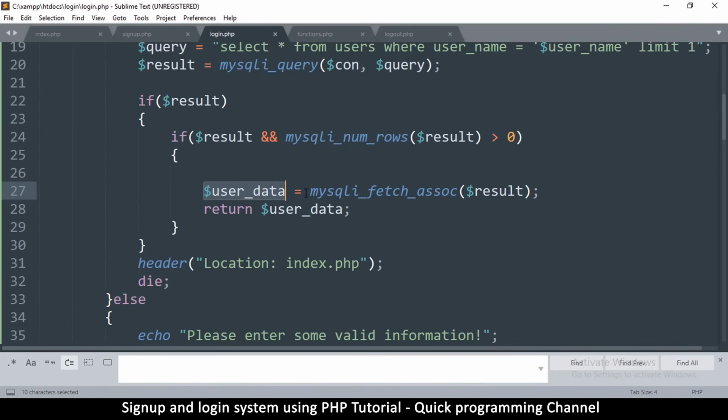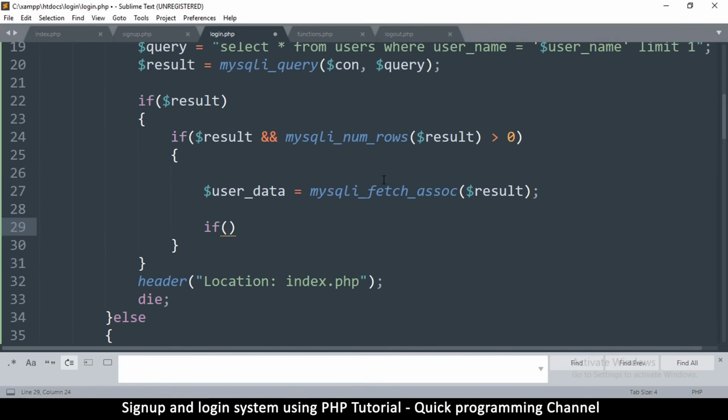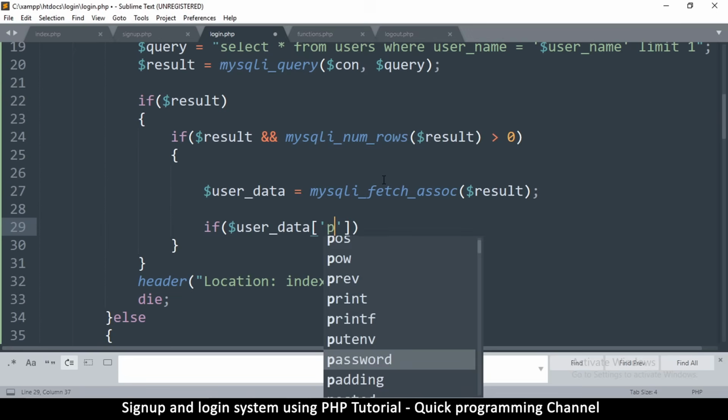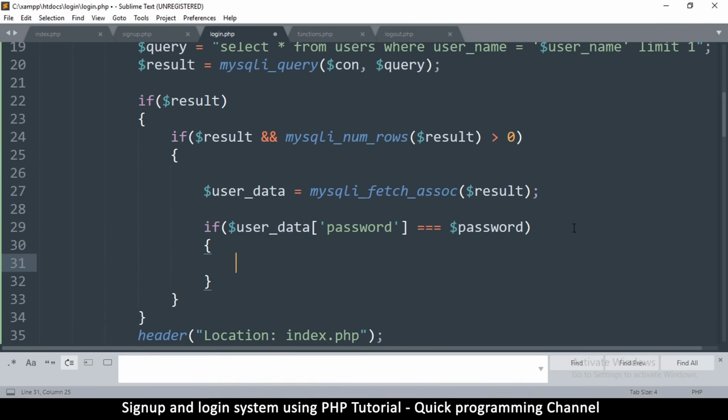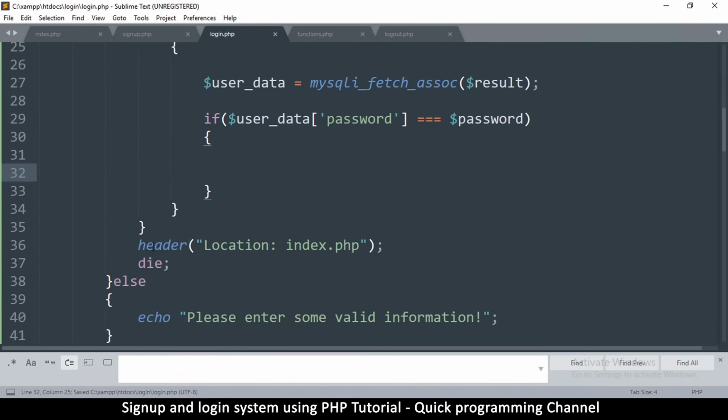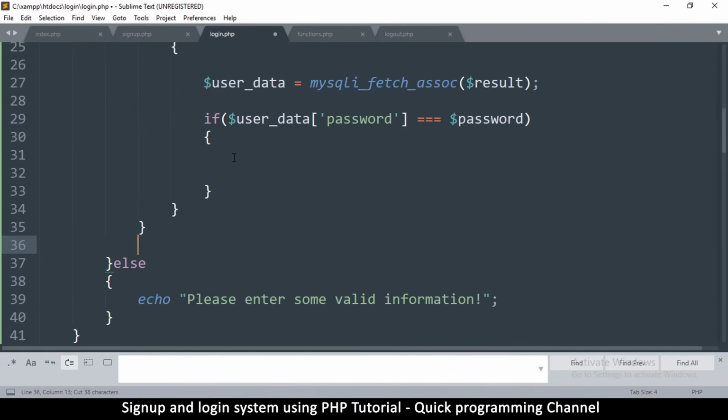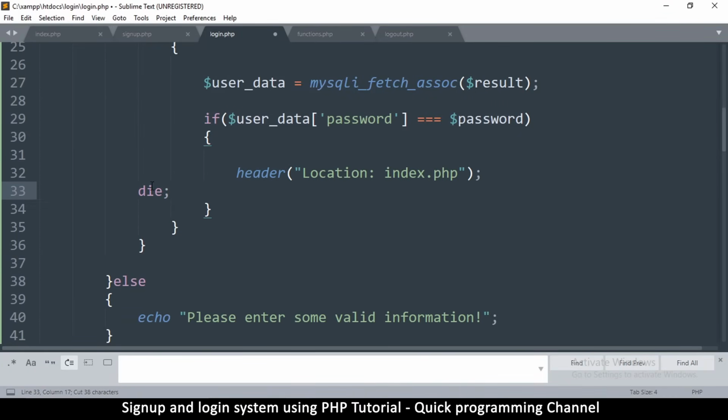data from there. Now what we want to do, instead of returning, because this is not a function, we can't use the return, we want to check if the user data's password is the same as the password that the user has supplied us. So if this is true, then we cut this and redirect to the